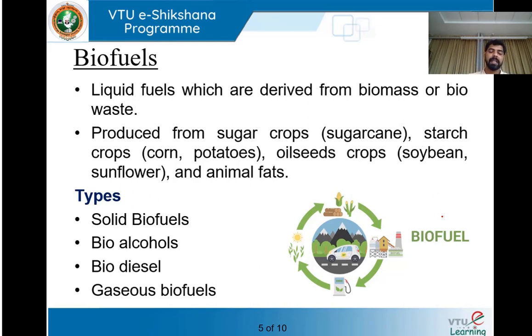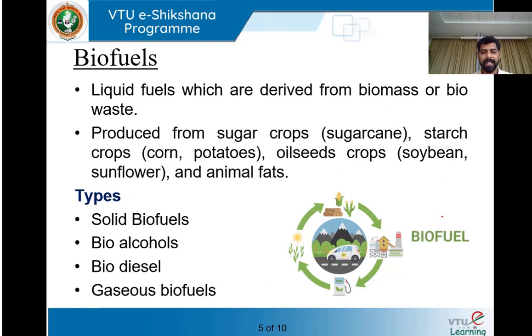So biomethanol is currently being produced from natural gas, which is the most opted or suitable non-renewable fossil fuel. Therefore, it is actually an alternate to hydrogen. One more type of liquid biofuel is biodiesel. Biodiesel is normally extracted from plants and seeds by a process known as the transesterification process.